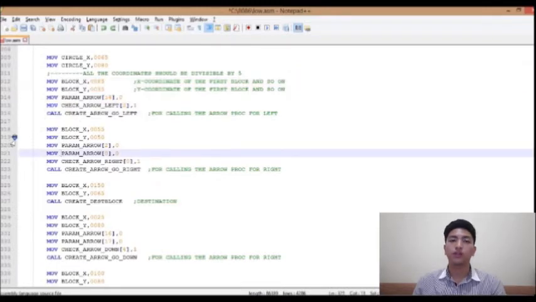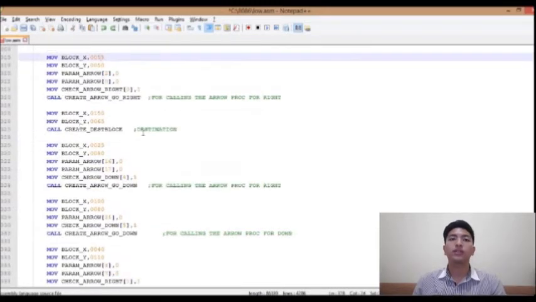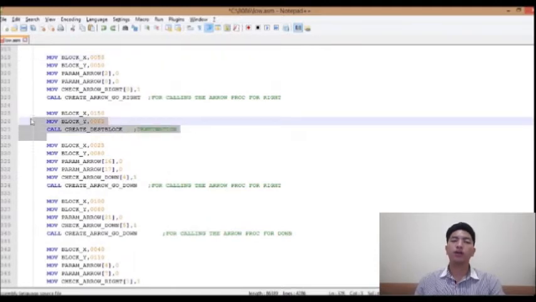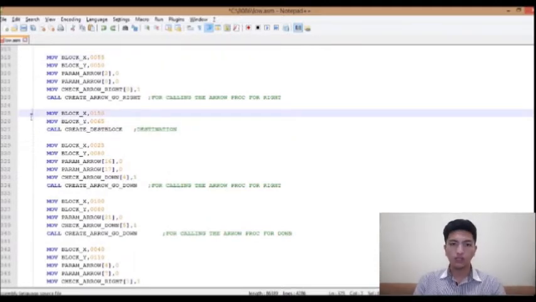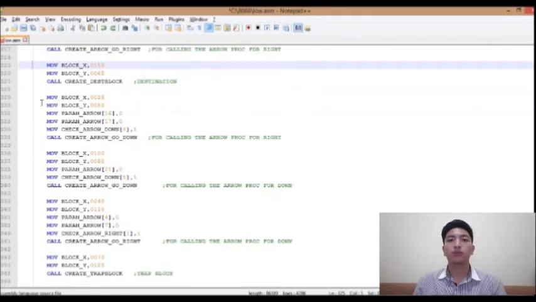So there. And this code right here is for the destination block. So what is a destination block? So the destination block is like your goal. So the ball should bump into the destination block in order for you to finish that level. So another direction block,